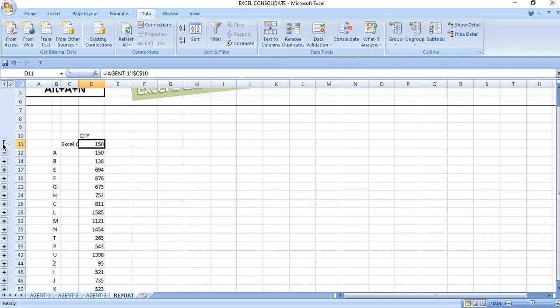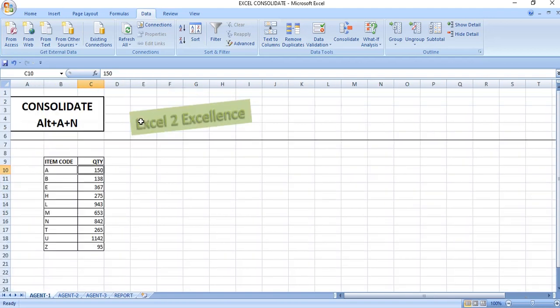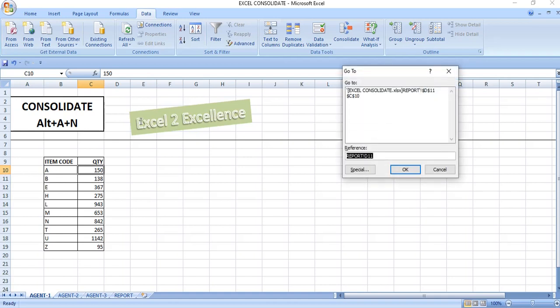In this case, if I place the cursor here, you can see the reference: Agent 1 and cell reference C10. With the help of Ctrl and the square bracket, we can navigate to the location of the source data. Now return back to the original position.